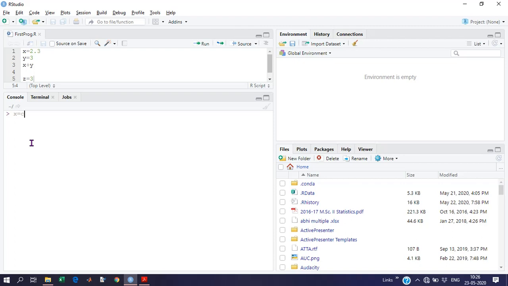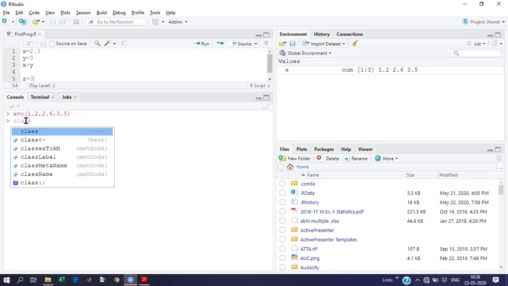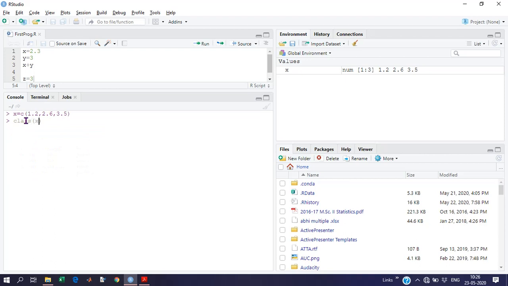x is equal to c(1, 2, 3). I will go for 1.2, 2.6 and 3.5 likewise. Okay, so the vector stored here is x, and its data type is numeric. By using the class command, obviously you can see what the class is.